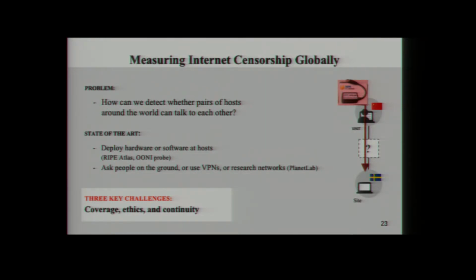And the best people came up with is to put instrumentation on users or sites, like by installing measurement software that the user runs and therefore collect the data that way. Or giving away a Raspberry Pi that is equipped to run censorship measurements. And as you can see, if you want to measure internet censorship globally, these direct approaches have a lot of disadvantages.